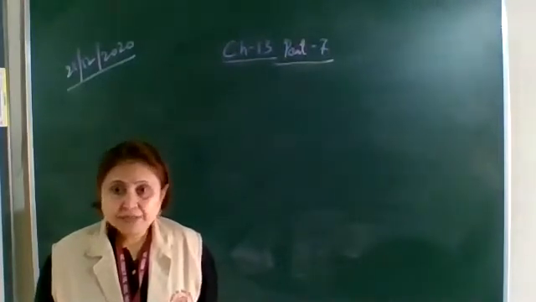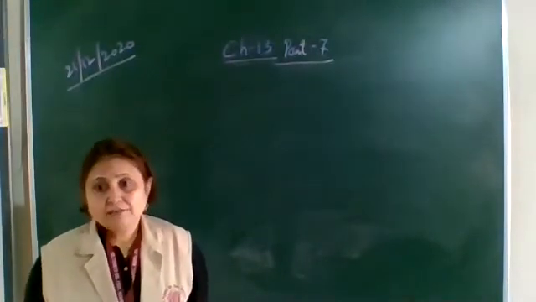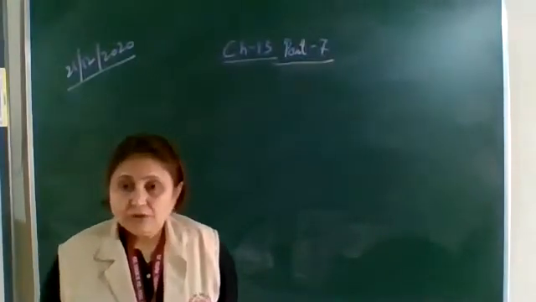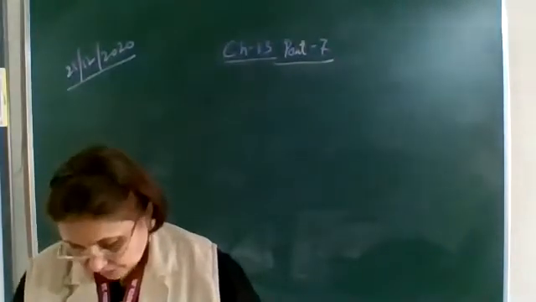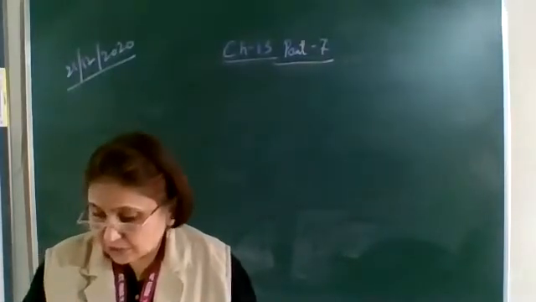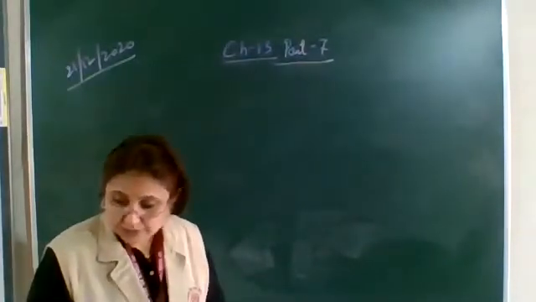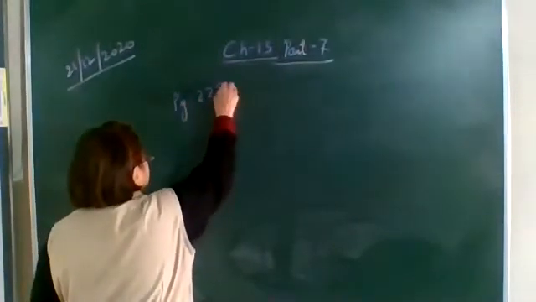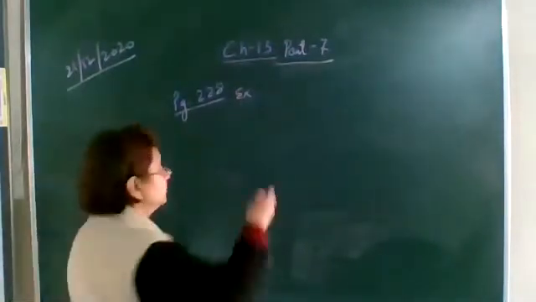So this way we have studied the magnetic field around a long straight current carrying wire, a circular loop, and inside a solenoid. Okay, there was a doubt in one question. One student asked about the doubt, so let's discuss it over here. It is the solved example 13.1, page number 228.